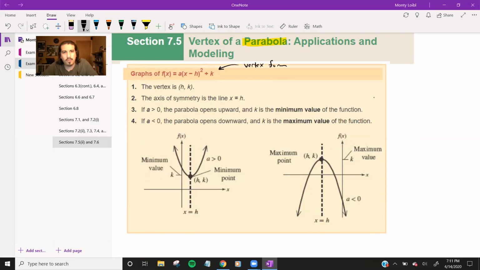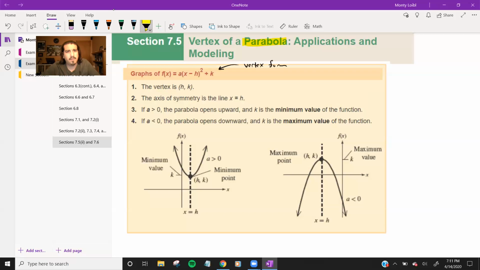And it's really nice, right? Because it tells us what H and K are. H and K are the vertex. The vertex is either the bottom of the valley or the top of the hill, right? So the vertex is really important, and it makes graphing a little bit easier knowing where that is, because you